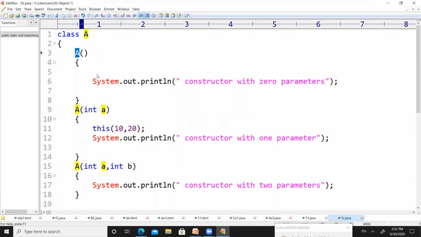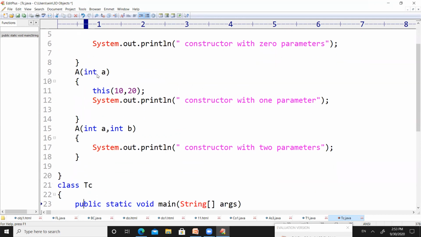If you observe the name of the method, it is the same as the class name. If the name of the method is the same as the class name, then it is called a constructor. There is one more constructor, and still a third constructor. The main difference between these three constructors is that the first one does not have any parameters, the second one has a single integer parameter, and the third one has two integer parameters. If anybody wants to call the first constructor, there is no need to pass any value. But to call the second and third constructors, we need to pass the respective number of integer values.